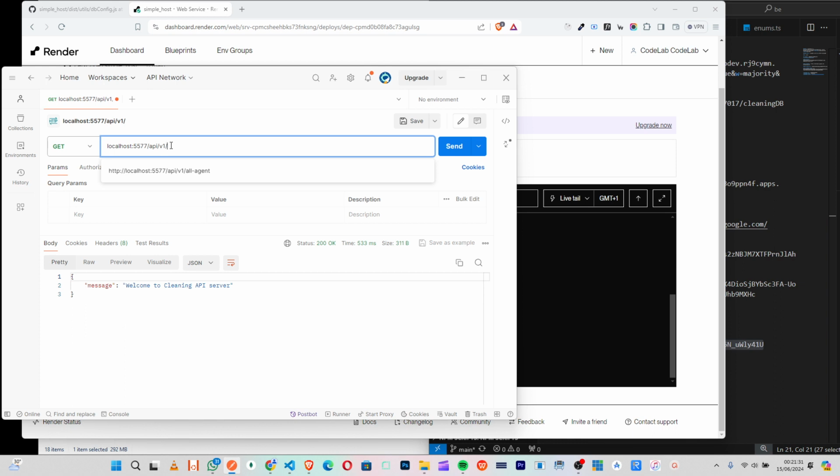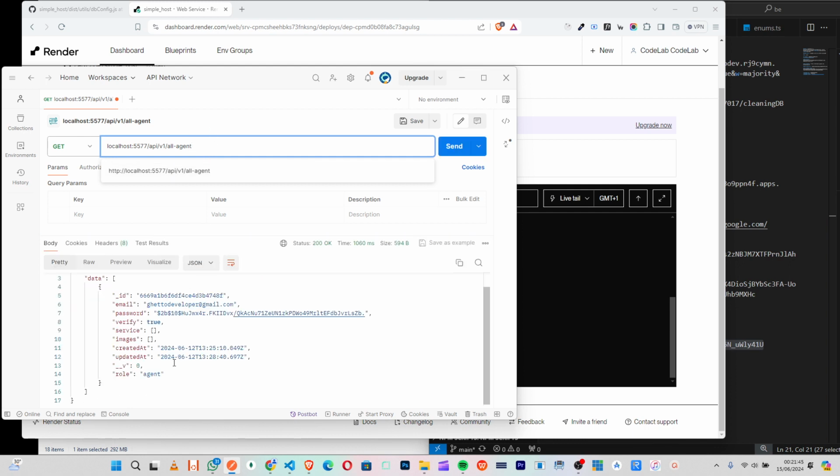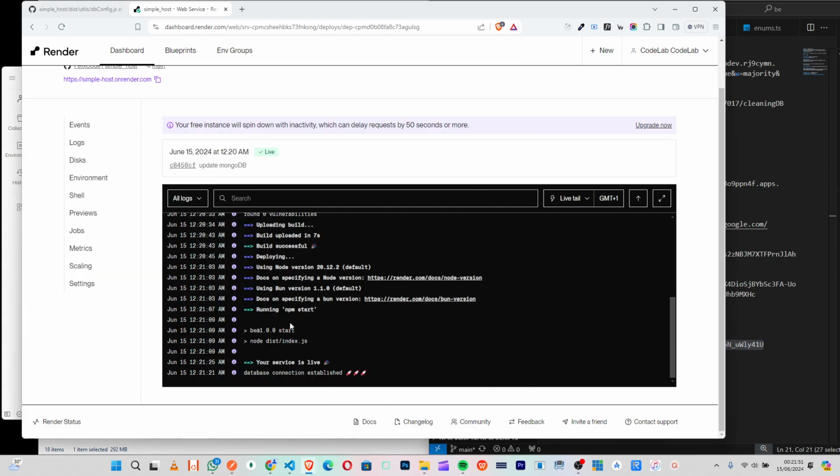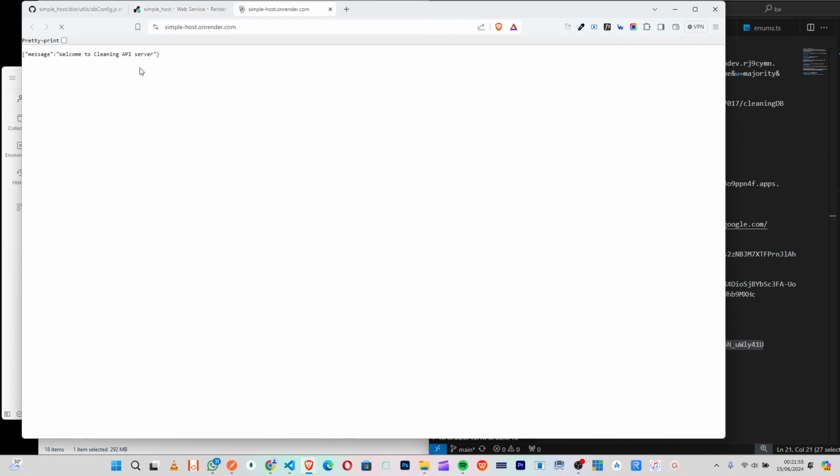Then if I do API slash v1 slash, I think, all agents. So once we hit that, we'll see this, right? This info comes from our cloud database. Okay, so now this is good, right? So if I hit here,